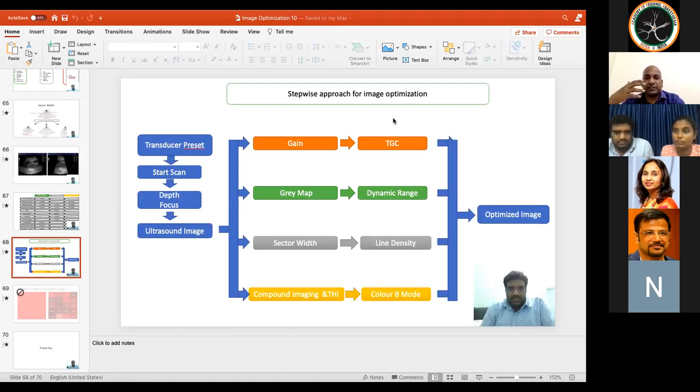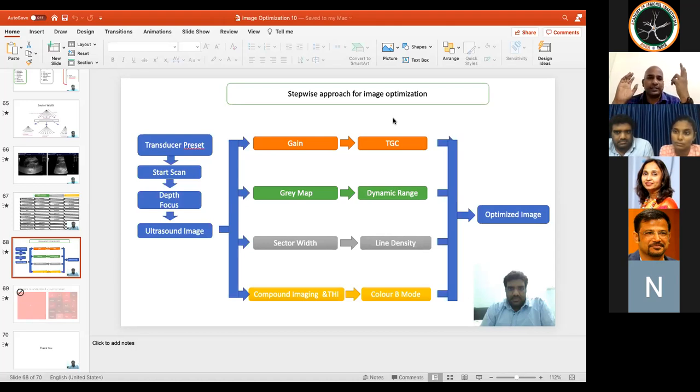As regional anesthesiologists, all our targets are more or less static. Whereas in cardiac ultrasound, where we are doing an echo, all our structures are moving, and the temporal resolution plays a major role. So we are more concerned with the spatial resolution and then the contrast resolution. So any of these buttons you adjust are going to ultimately change these resolutions and make your image better. How these buttons work at what resolution, you have to understand.